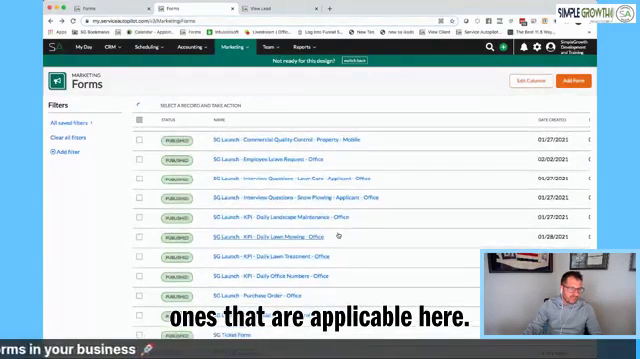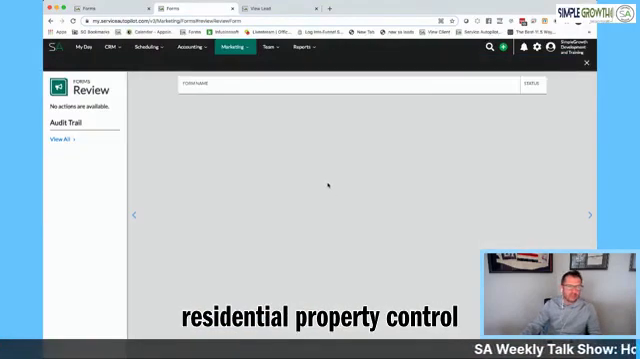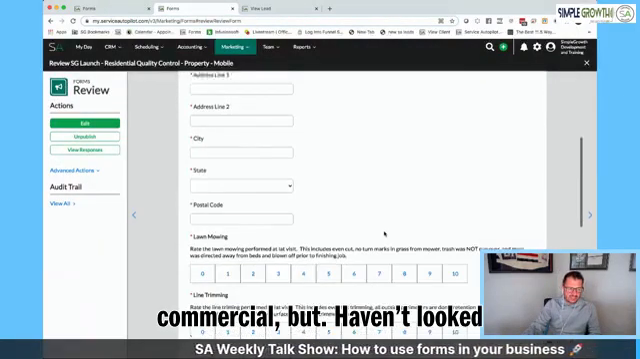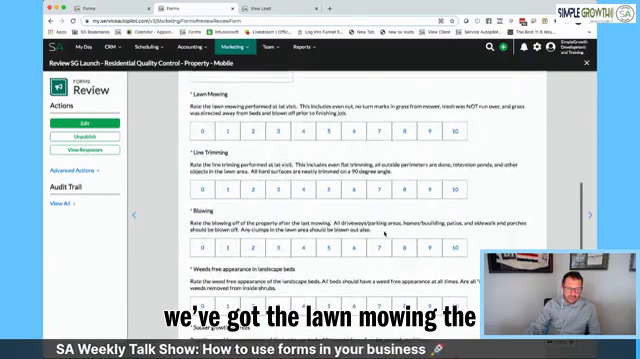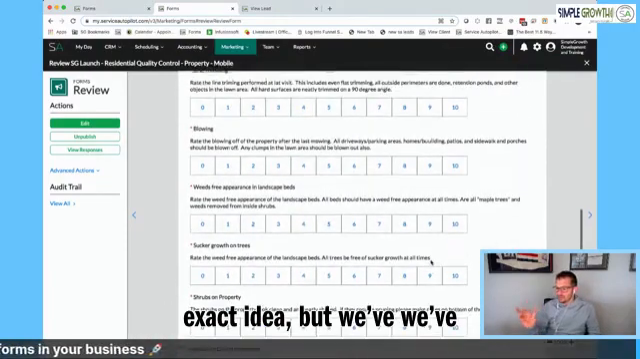Hey, believe it or not, we've covered most of them here. Let's take a look at the residential property control. Might be pretty similar to commercial, but I haven't looked at this in a bit. But yeah, we've got the lawn mowing, the line trimming, the blowing, weed-free appearance, shrubs. Same exact idea, but we've segmented those forms